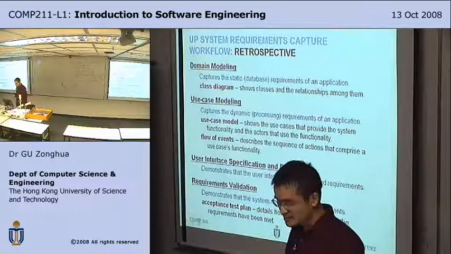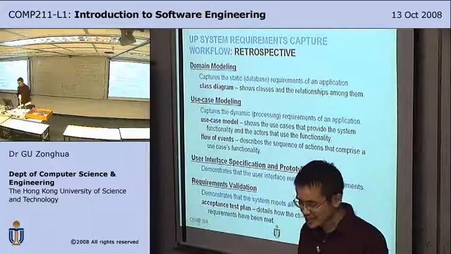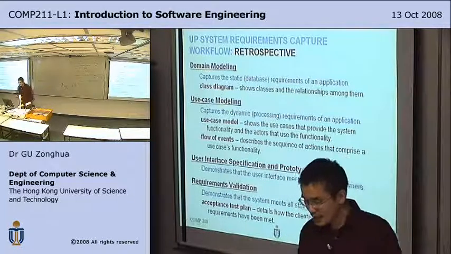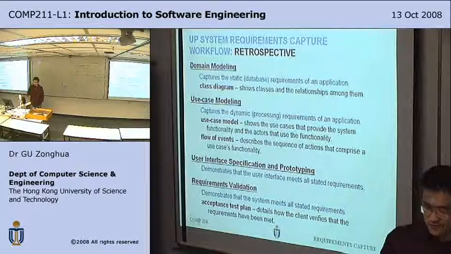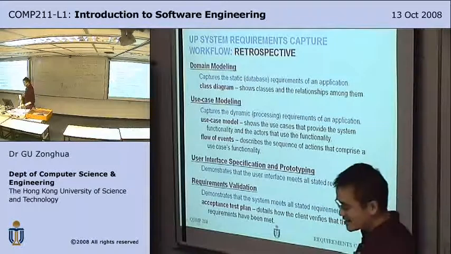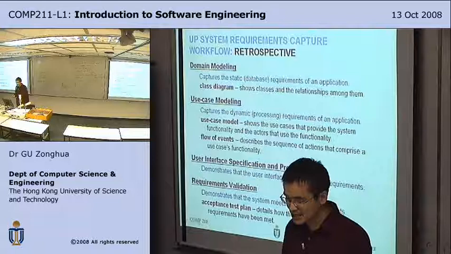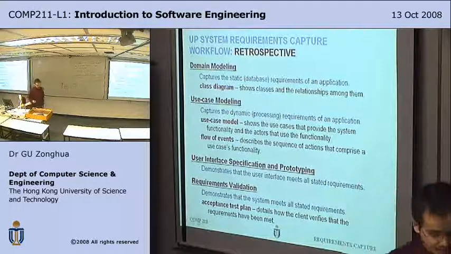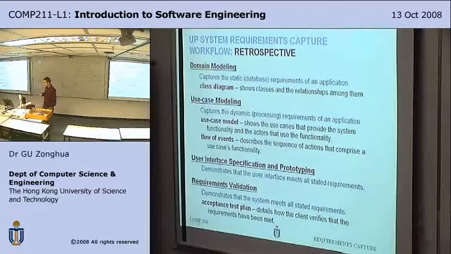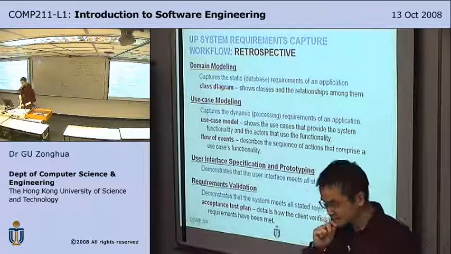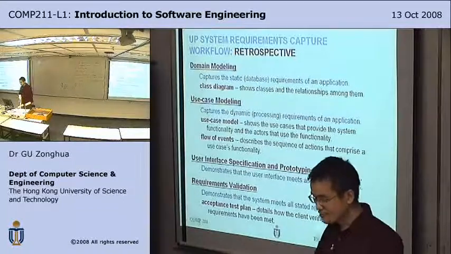A use case model shows the use cases that provide the system functionality and the actors that use the functionality. And flow of events describes the sequence of actions that comprise a use case's functionality. So it describes what happens within each of the ovals representing a use case. Essentially a step-by-step